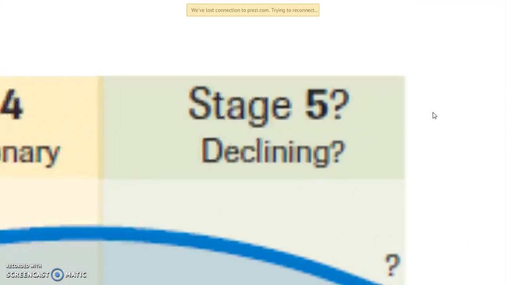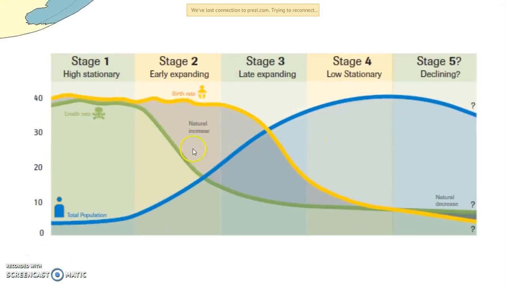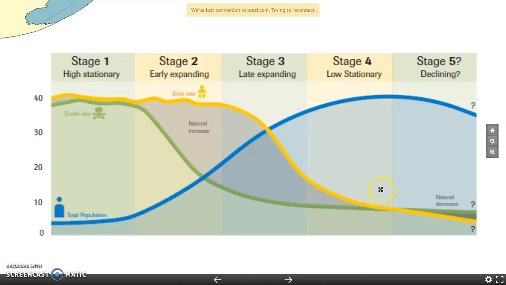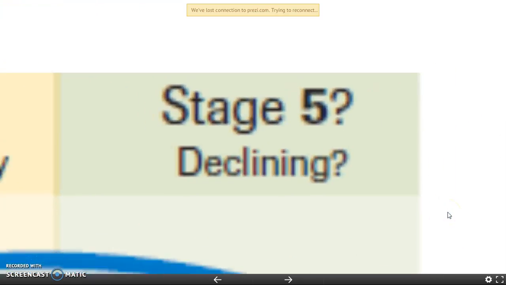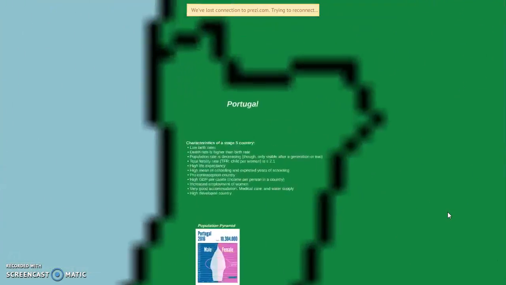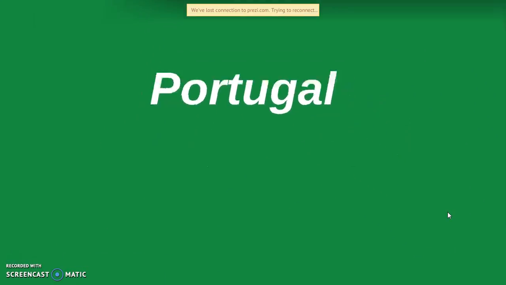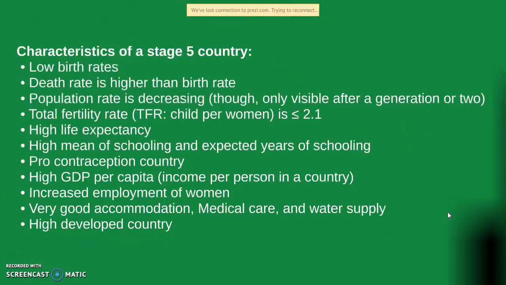I will be focusing on stage five, where the total population starts decreasing, as we can see here, and this is because the birth rates are now lower than the death rates. And for example, we're going to be using Portugal. So the characteristics of a stage 5 country are low birth rates, death rate is higher than birth rate, population rate is decreasing, total fertility rate is less than or equal to 2.1, high life expectancy, high mean of schooling and expected years of schooling,